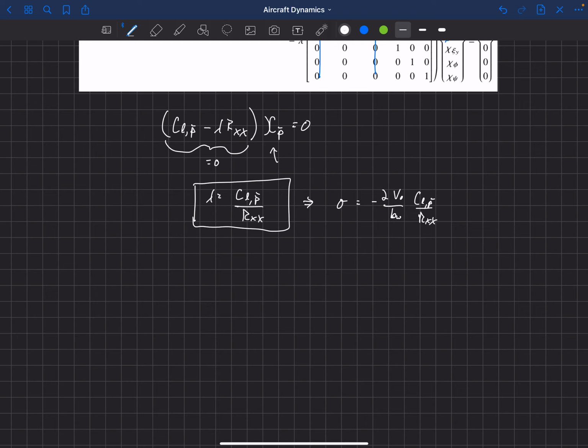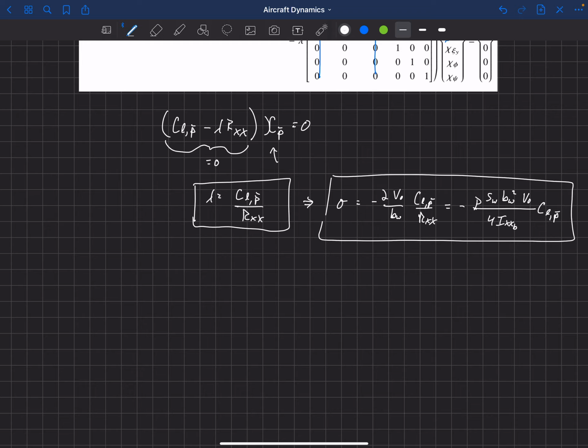And if you plug in what RXX is, remember RXX is some ratio, and actually it has a wingspan BW in it, and a factor of 8 in it. Anyway, once you cancel all that stuff out, you can simplify this to minus rho times SW BW squared V naught over 4 IXXB times CL P bar. Okay, so this is kind of our final expression here. This is the damping rate of the